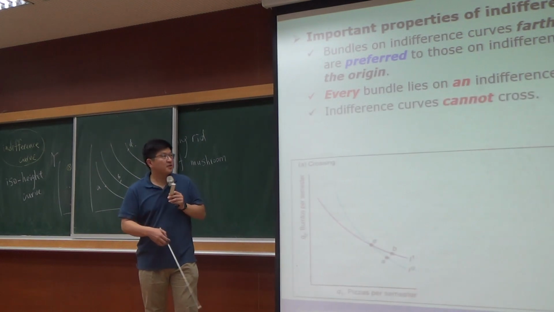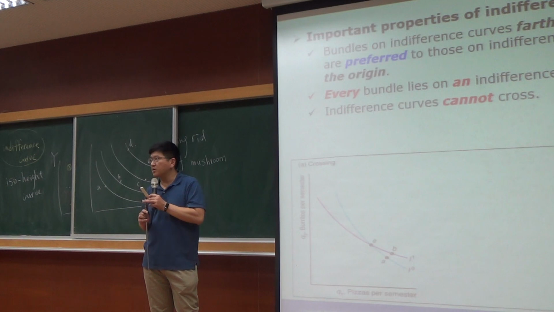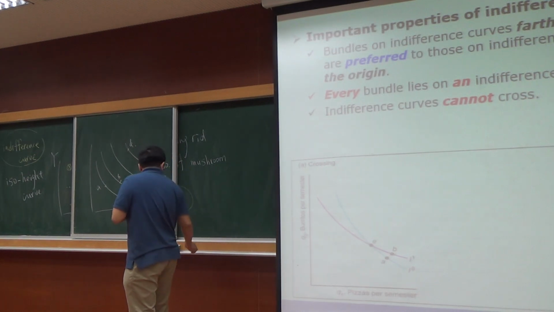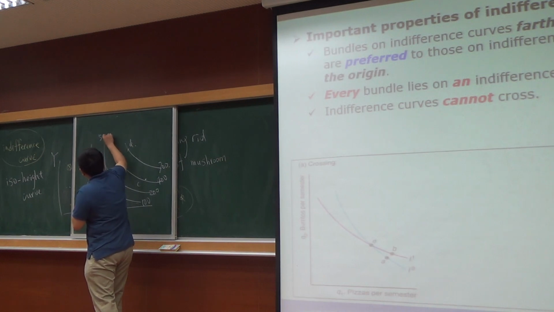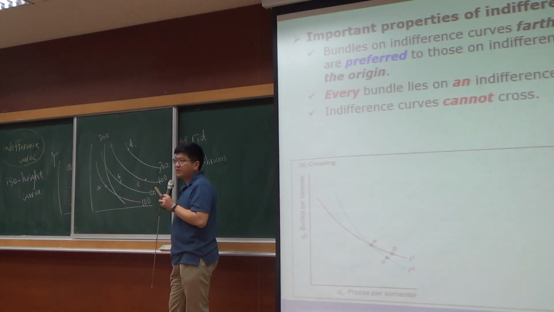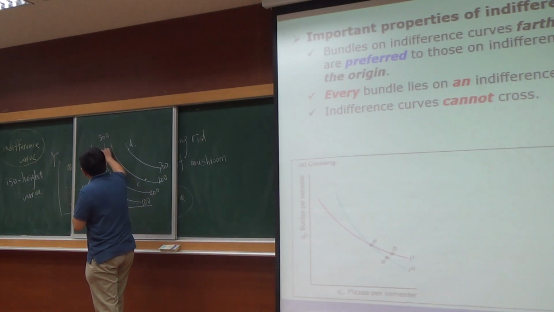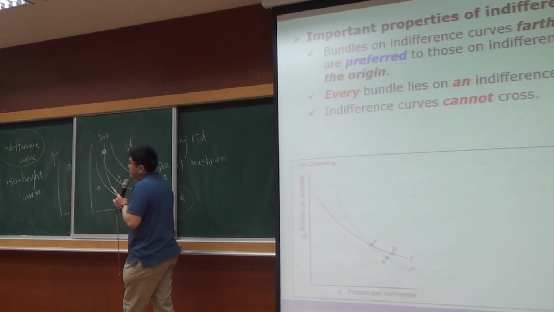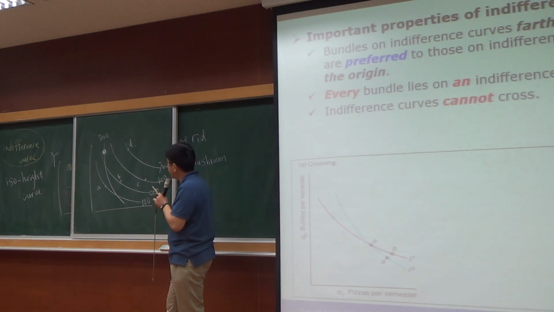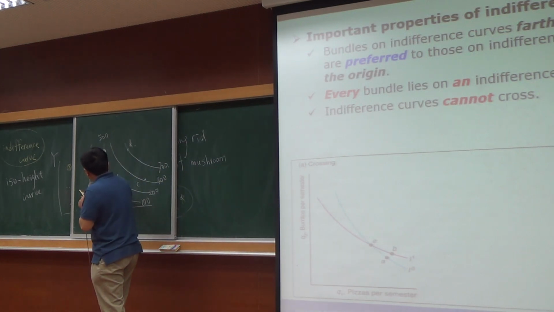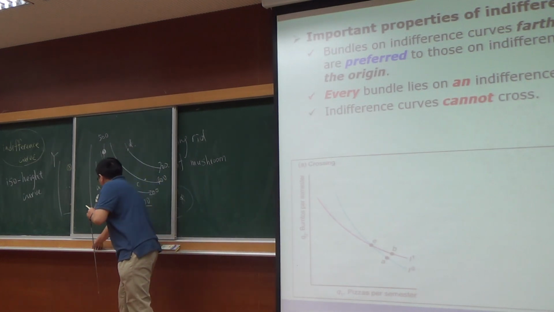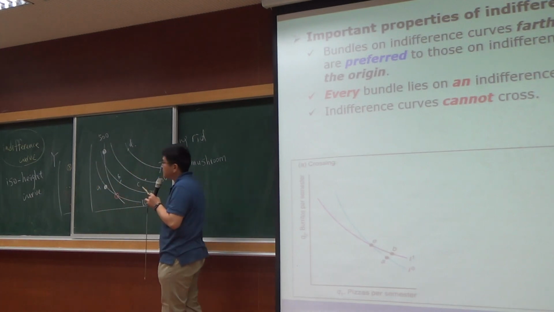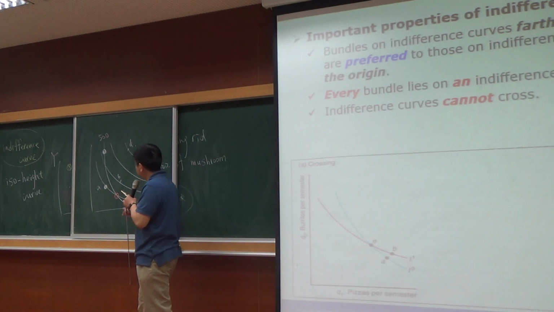So indifference curves cannot cross. It cannot cross, which means we cannot have something like this, and we call it like 500. We cannot have this kind of thing because this point gives us 5 degrees of satisfaction, and this point gives us 100 degrees of satisfaction. And the intersection of these two curves